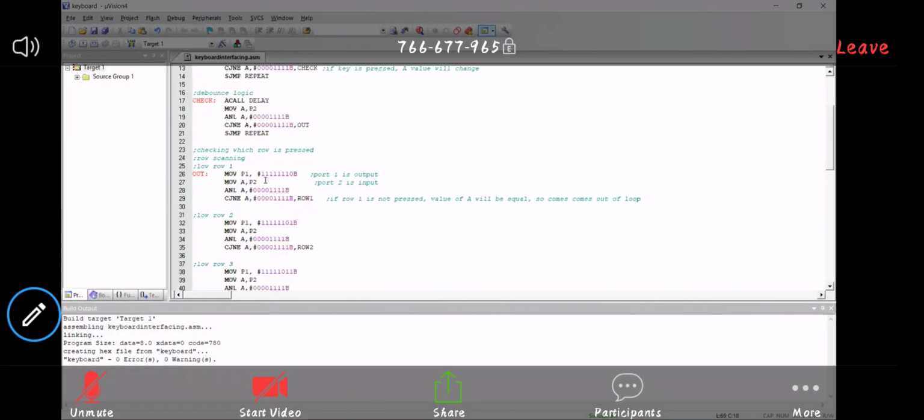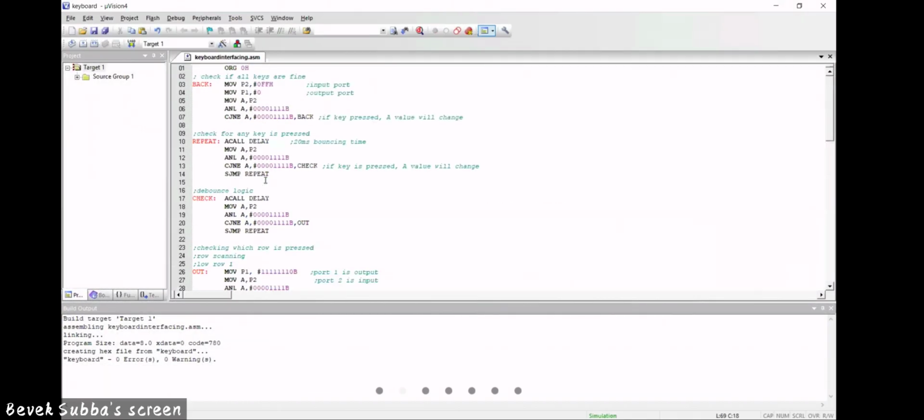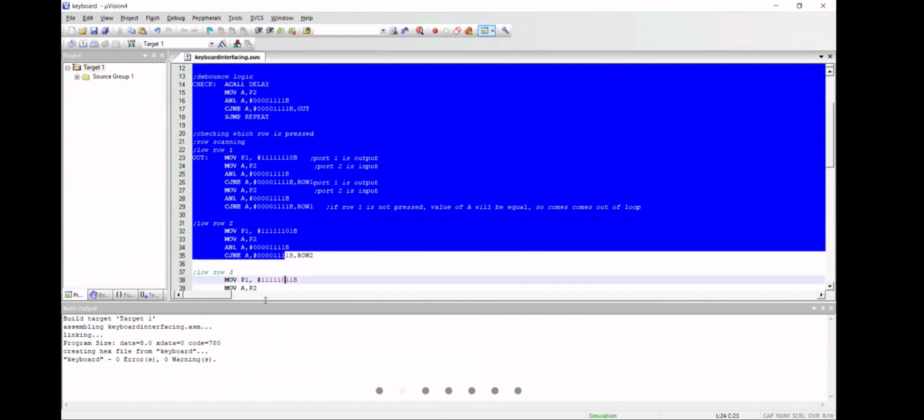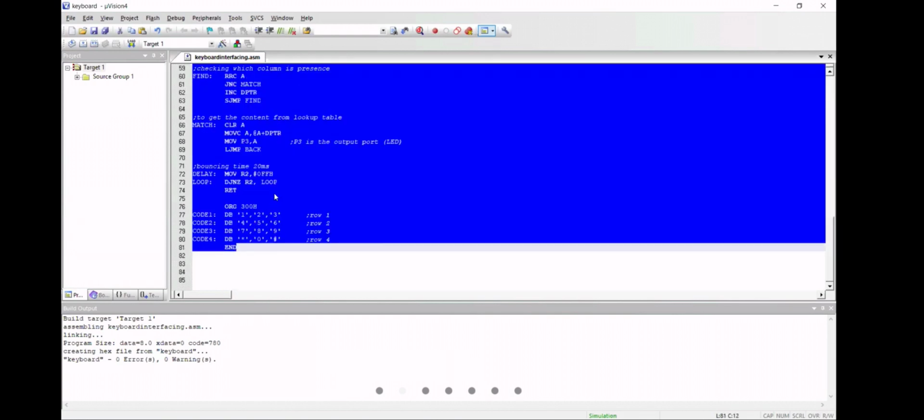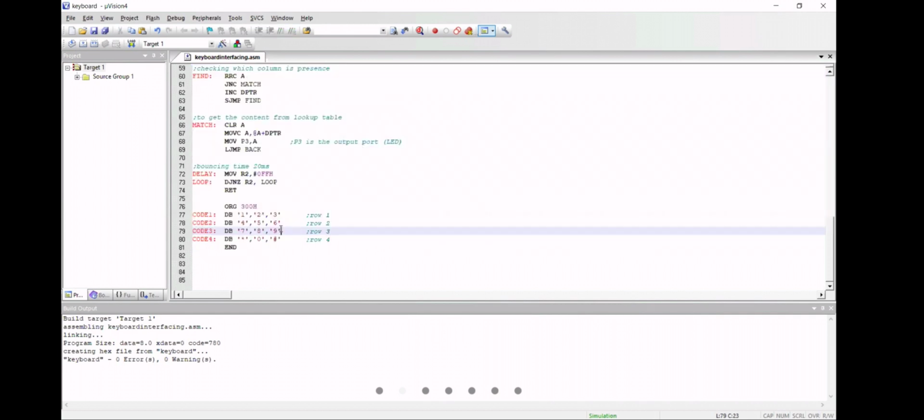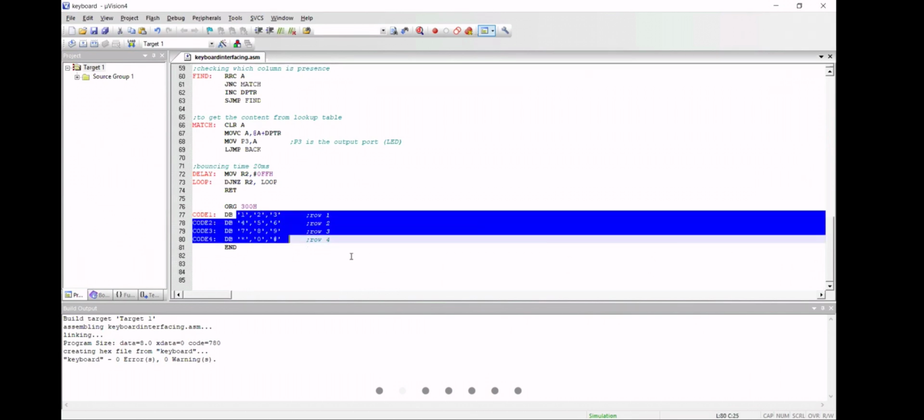I have modified the program so that you can try, because if you see this analog port program, it's a little bit confusing. So I have modified it a little bit. Okay, so I think you try with this program. You try to understand from this program. This program is for a 4x3 keypad. That program is for 4x4. You can try for 4x4 also. It does not matter. Same only. You just have to change these values here.